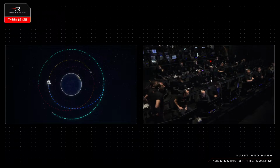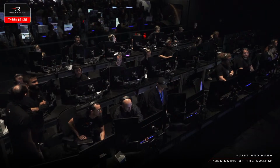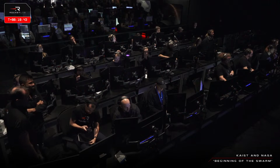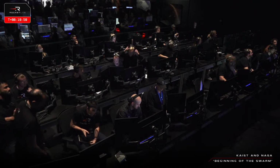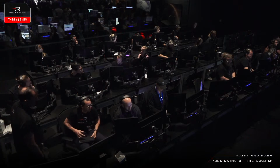Once that's done, it will be on to Phase 3. The Curie engine will ignite a fourth and final time to undo its circularization and bring it back into an elliptical orbit. This orbit-lowering maneuver will help to speed up the kick stage's deorbit, doing our best to keep space as tidy as possible. For now, though, we will leave you with a graphic of Electron's coast phase ahead of